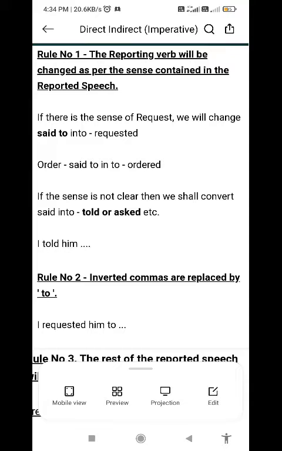The imperative means you are expressing a particular kind of sense. Sometimes it is an order, some other time it is a request, and at times it is advice, or you are forbidding someone to do something, and at last you are commanding someone, like the sergeant or the captain commanding their soldiers, the army, to do something. So while expressing such views, it is the tenor of our tone